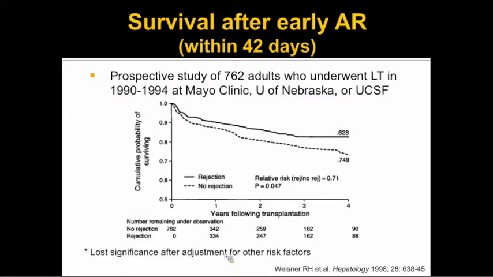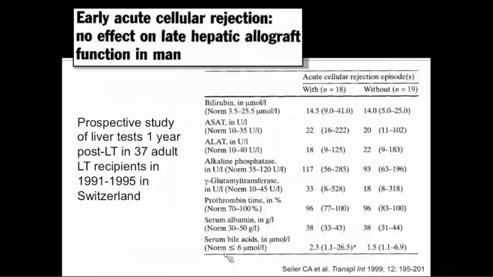So this is a study from that LTD cohort from 3 centers, again, transplanted in the early 1990s. And in the Kaplan-Meier analyses, the survival for patients who had an episode, or at least one episode of acute rejection, actually appeared to be significantly better than for patients who didn't have any rejection. That being said, this lost significance after adjustment for other survival risk factors, such as recipient age and so on.